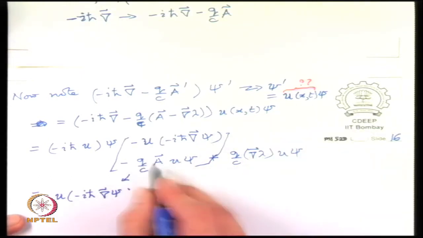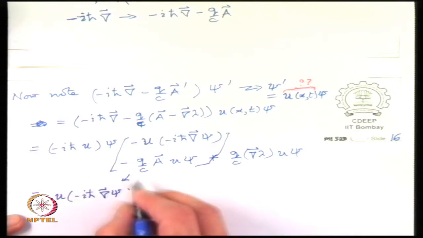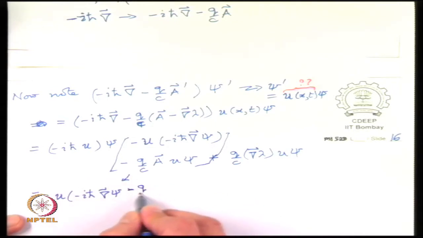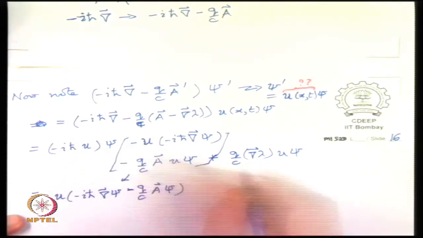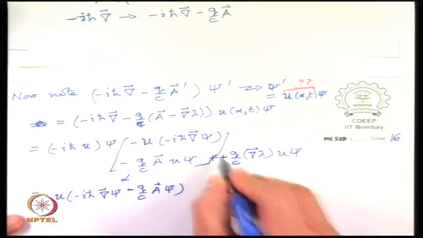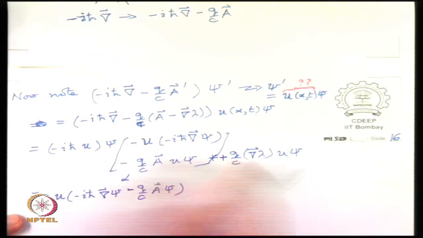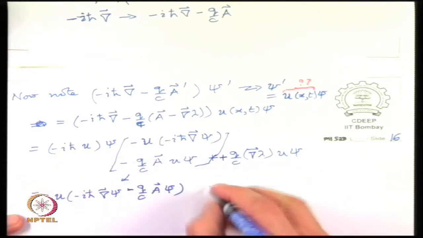Here there is no derivative involved, so I can take this u out and it remains inside minus q over c A psi, right. But then these two I should get them to cancel. So there is a plus sign here. I can get them to cancel provided